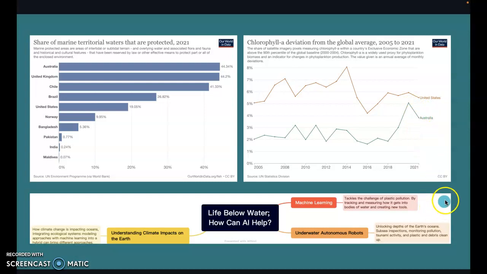Life below water, how can AI help? Machine learning tackles the challenges of plastic pollution by tracking and measuring how it gets into bodies of water and creating new tools. Underwater autonomous robots unlock depths of the Earth's ocean, for subsea inspections, monitoring pollution, tsunami activity, and plastic and debris cleanup. Understanding climate impacts on the Earth, how climate change is impacting oceans, integrating ecological systems modeling approaches with machine learning